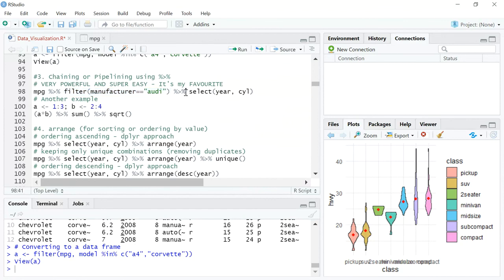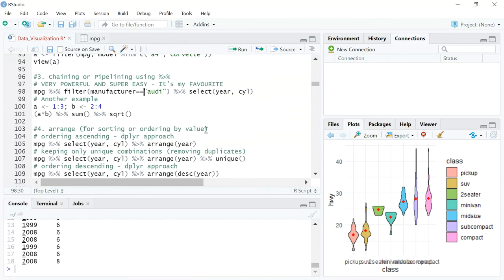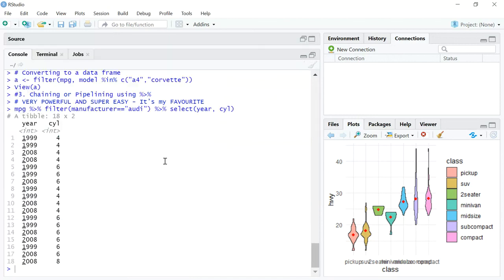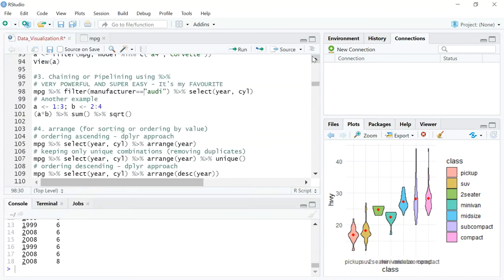Then you again use a chaining function and say select year and cylinders. So what this does is it automatically understands. It goes to the MPG data set, it will select manufacturers equal to Audi, and then it will only select the two columns that you asked it, year and cylinder, right?